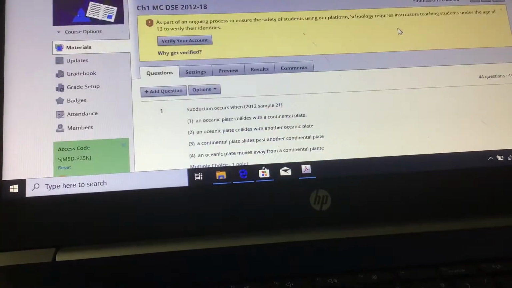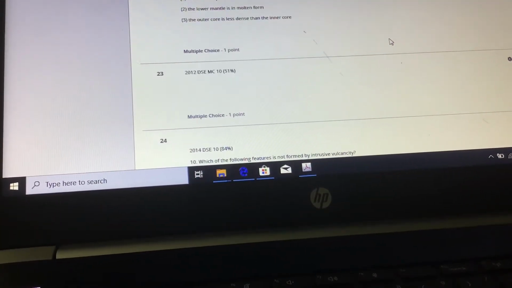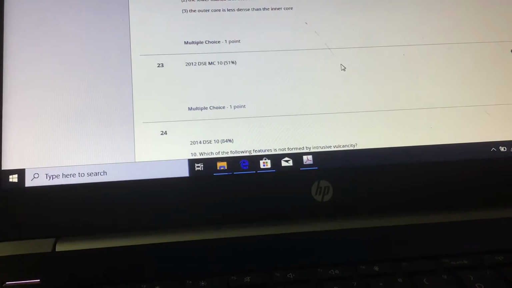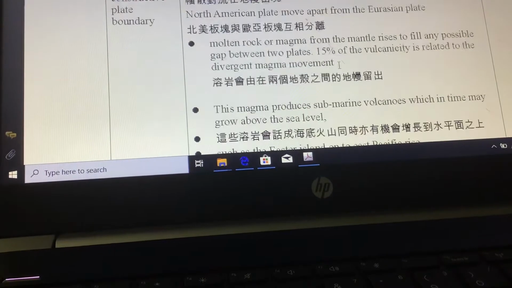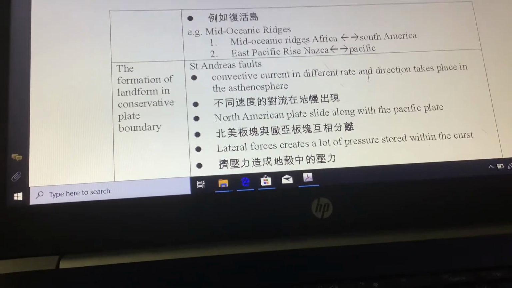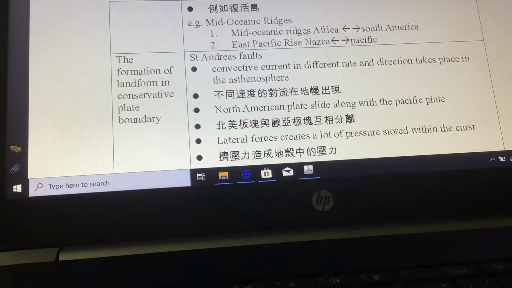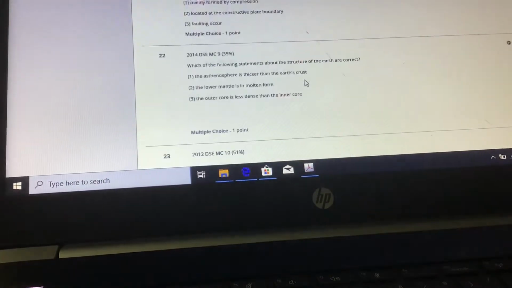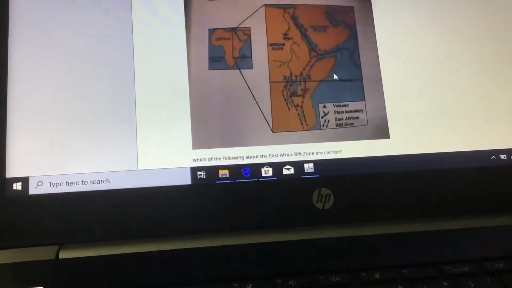Especially it is a divergent plate movement area. Okay, constructive plate boundary should be rift valley. I didn't mention this here, sorry. But you should still know it. Next, because it is tested very rarely, just this time. Okay, next one, which of